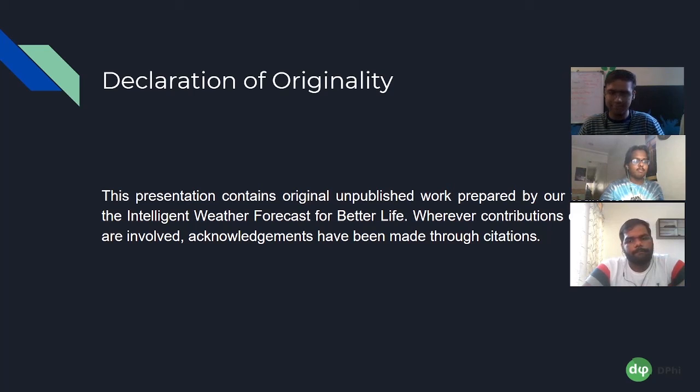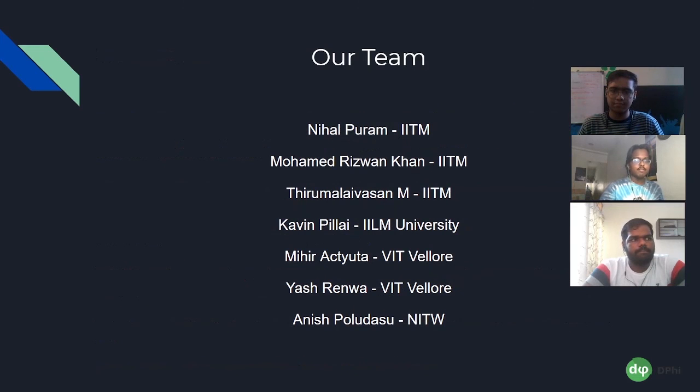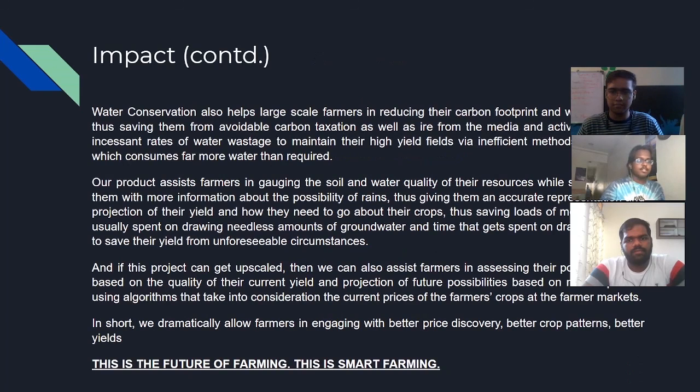And just coming back, this is our team. Myself, Nihal, from IIT. We have Kavin Ramesh from ILM University and Mihir present here from VIT Vellore. Other members include Anish from NIT Warangal, Mohammad Rizwan Khan from IIT Madras, Thirumalai Vasan from IIT Madras, and Yash Renwa from VIT Vellore. And just to give a final conclusion, Kavin,